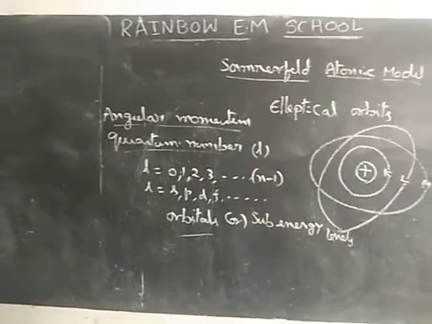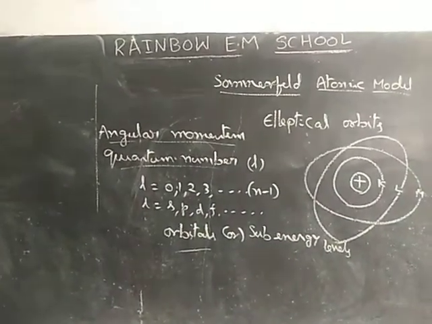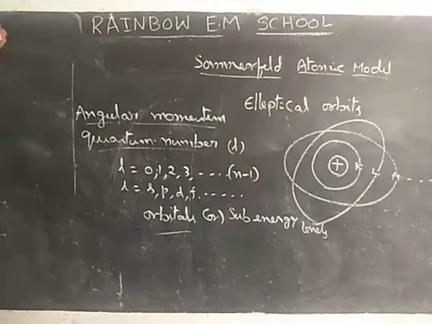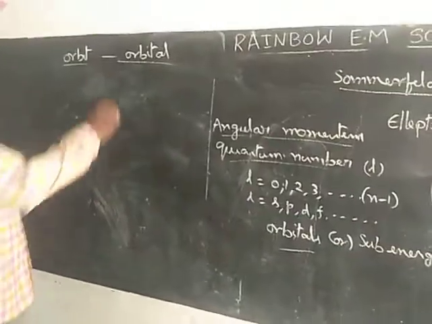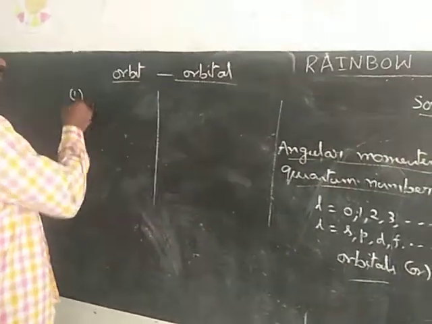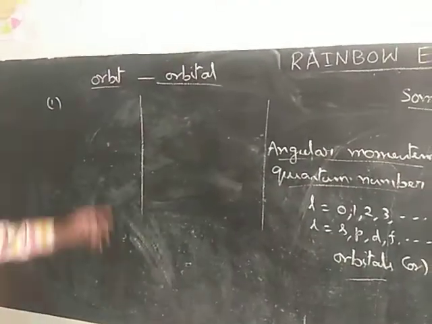Next one is orbit and orbital. What are the main differences between orbit and orbital? Here, what is meant by orbit? Orbit means,